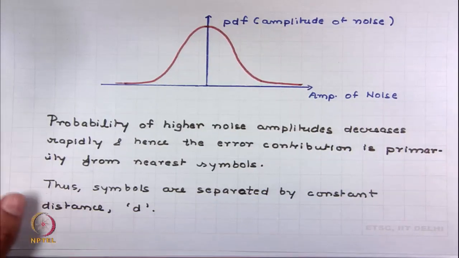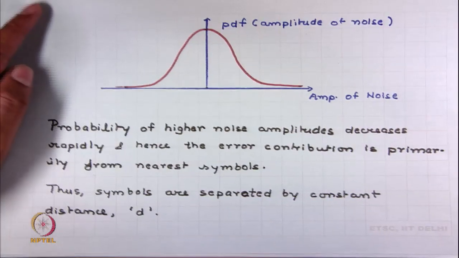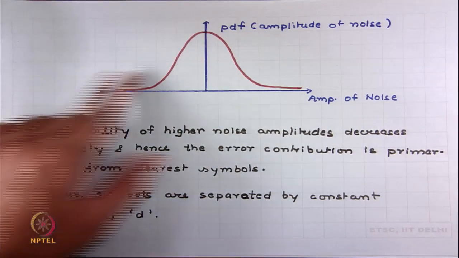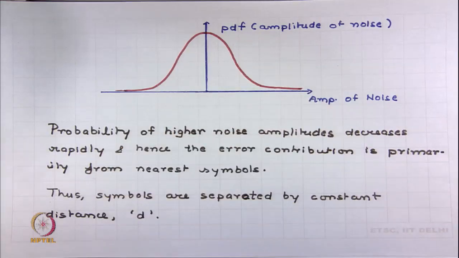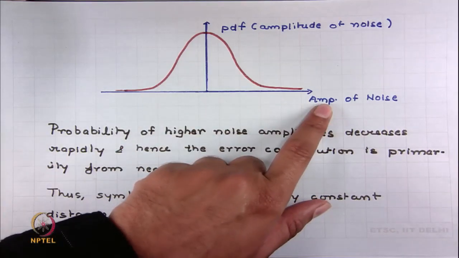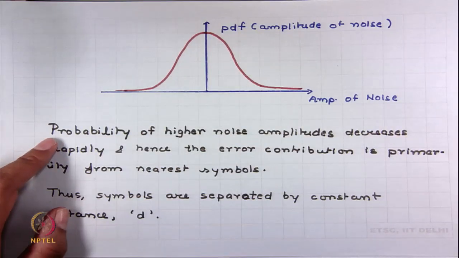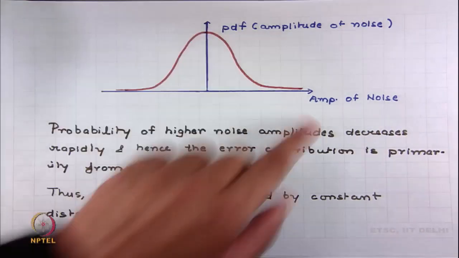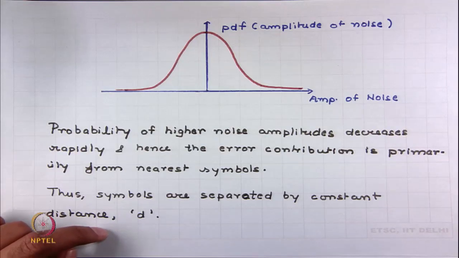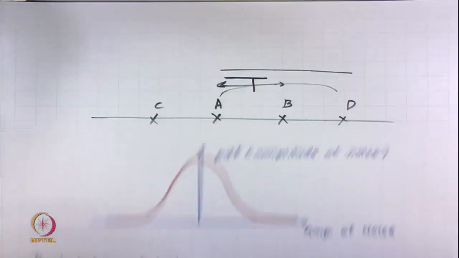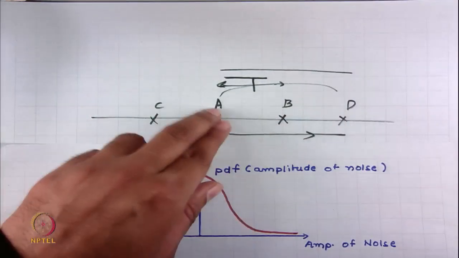And you can also see this from the noise characteristics. We have already seen that the noise is Gaussian, and this is the probability density function of the noise. On the x axis we have the amplitude of noise. So, it is very clear that the probability of higher noise amplitudes decreases rapidly, and hence the error contribution is primarily from nearest symbols, because it is very unlikely that the noise amplitudes are so large that A gets confused